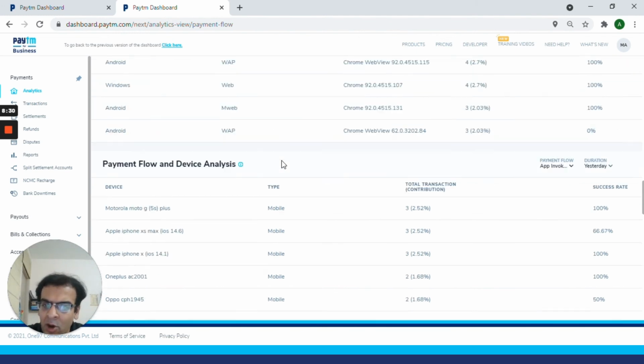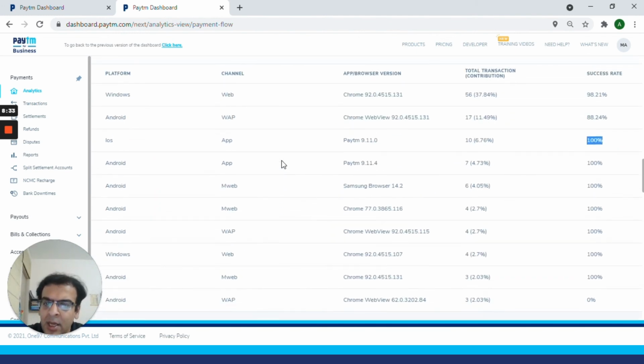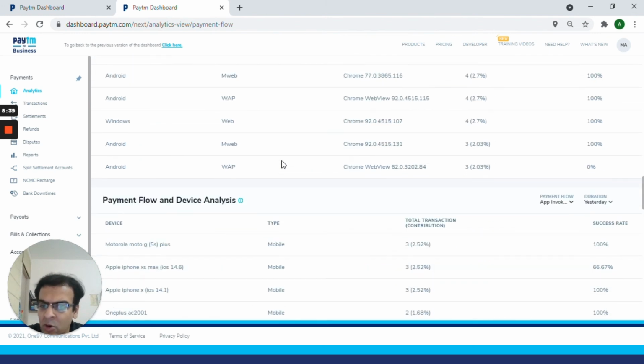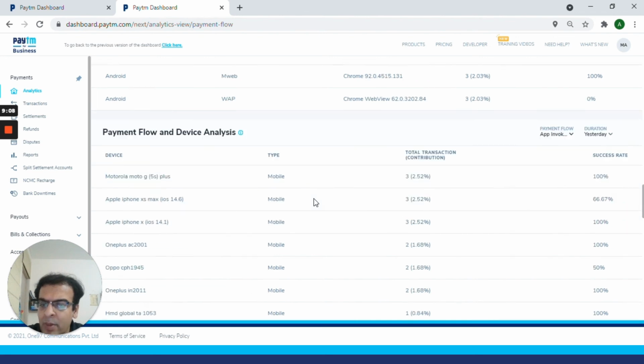Now the whole idea of these two widgets again is that once you have identified which are your top browser versions, top app versions or top device names, you can look at their success rates and figure out if any device or browser version is performing worst. Once you are able to find those devices, you can ask your tech team to focus on those devices and try to replicate any issues which might be pertaining there. And once you have found those issues, you can easily resolve them, and that will boost your success rate. And since these are top devices and top browser versions, the impact would be much higher.